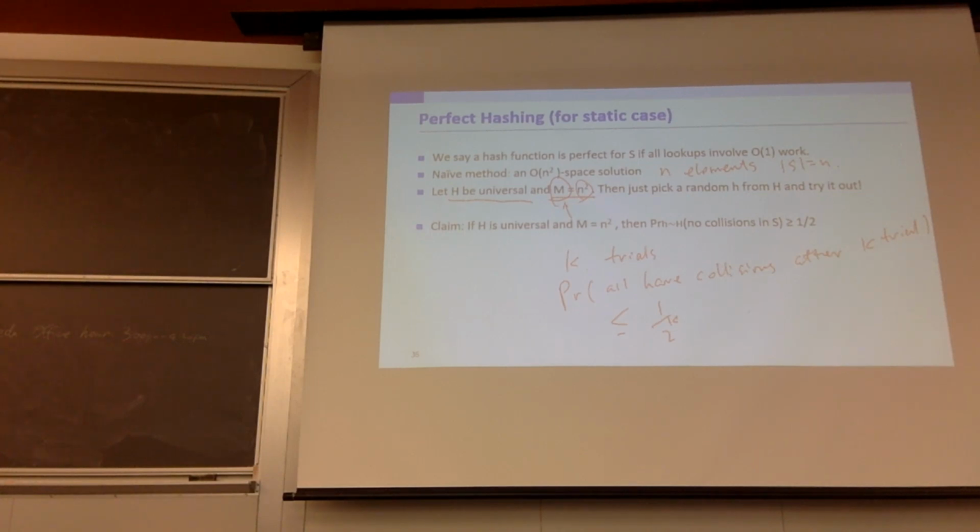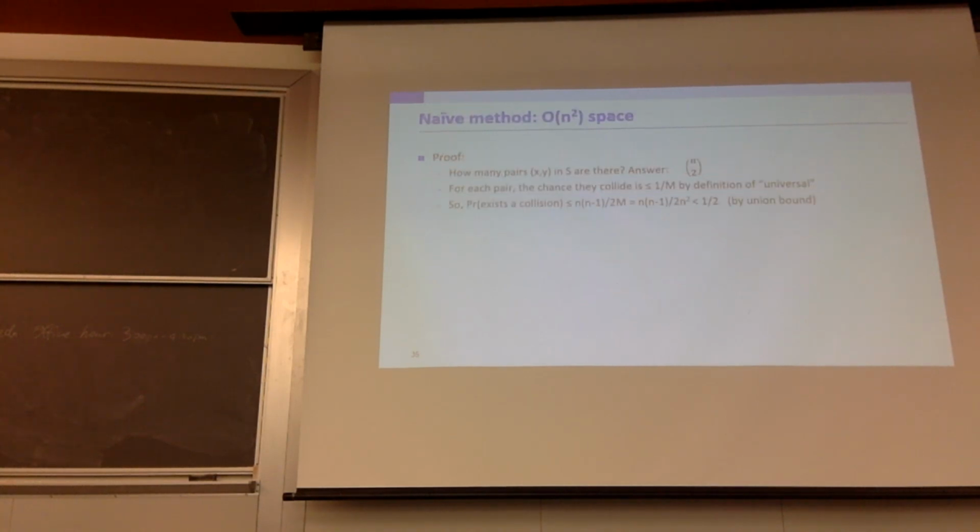So the only thing that's remaining is how can we prove this claim? The claim is basically a simple application of the union bound. So the union bound is something where, if you have two events, A and B,